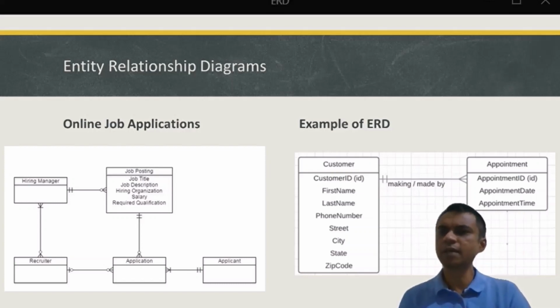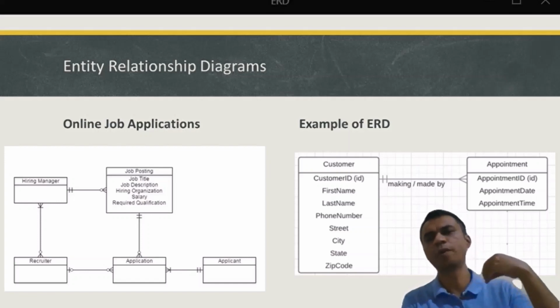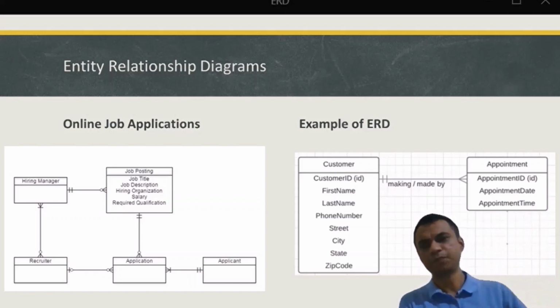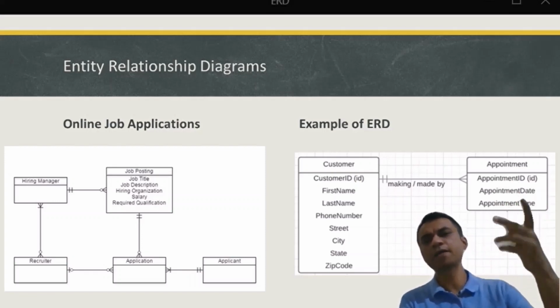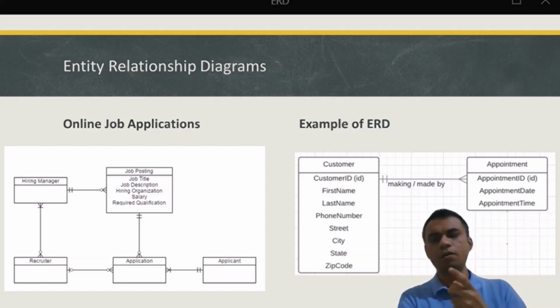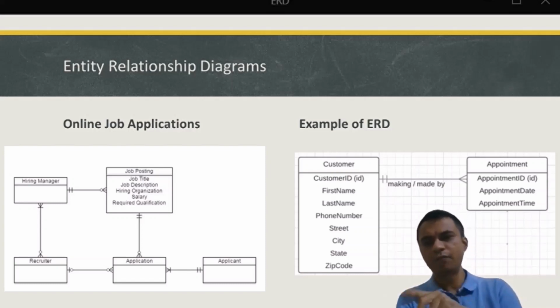So there is a relationship between a recruiter and a hiring manager. It's a many to many relationship on both sides. One recruiter can be talking to multiple hiring managers from the same company or from many companies. Similarly, one hiring manager may be talking to many recruiters. Right? Now, we'll look at whether it is compulsory or optional.